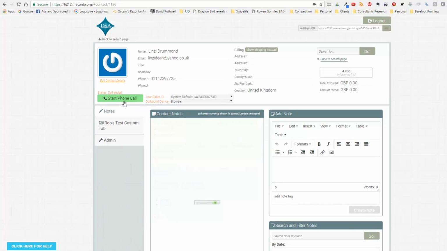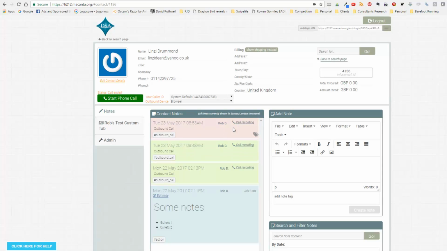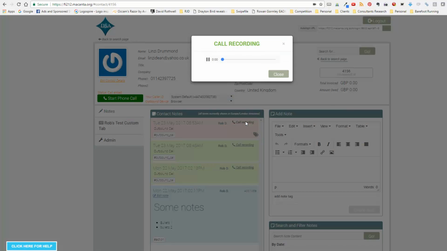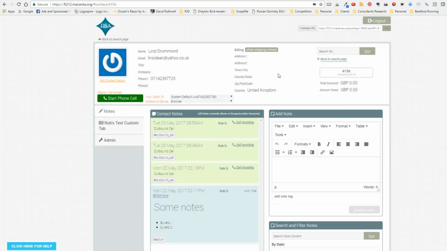What Macanta does is it stores the call recording on the contact record. If I then click on call recording, we don't need to listen to that. The other thing I like about the notes is that if I got Lindsay on the phone and we're talking about a video or something that she's been watching,